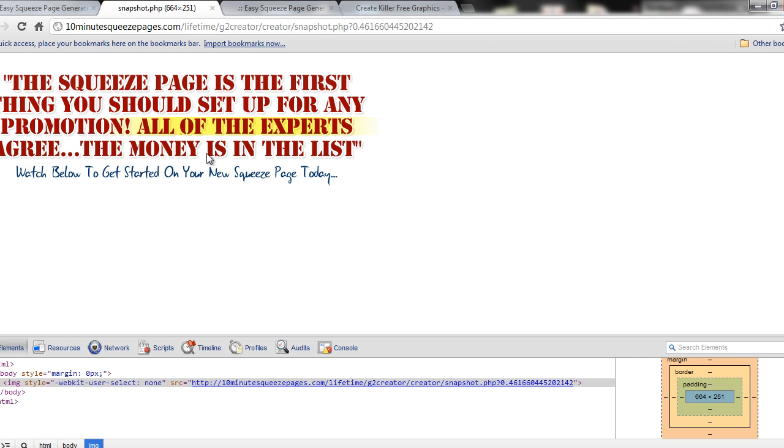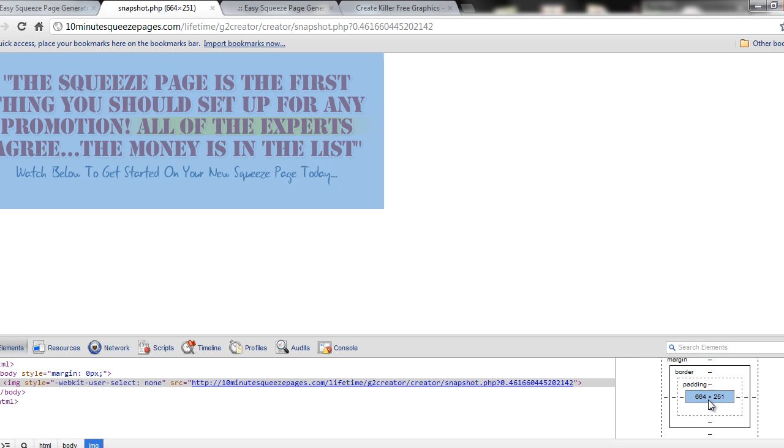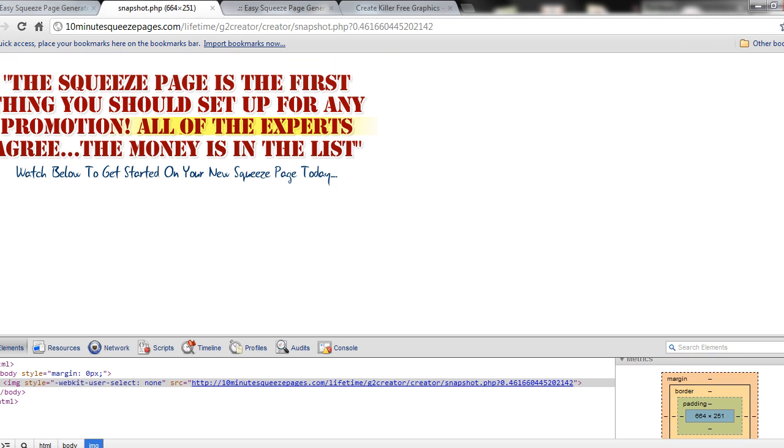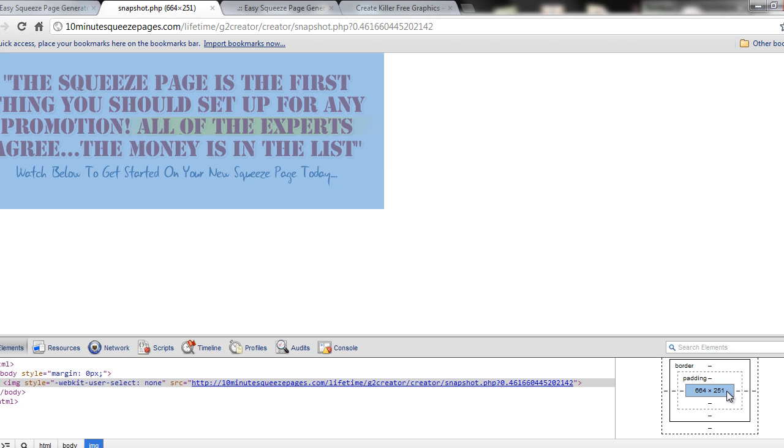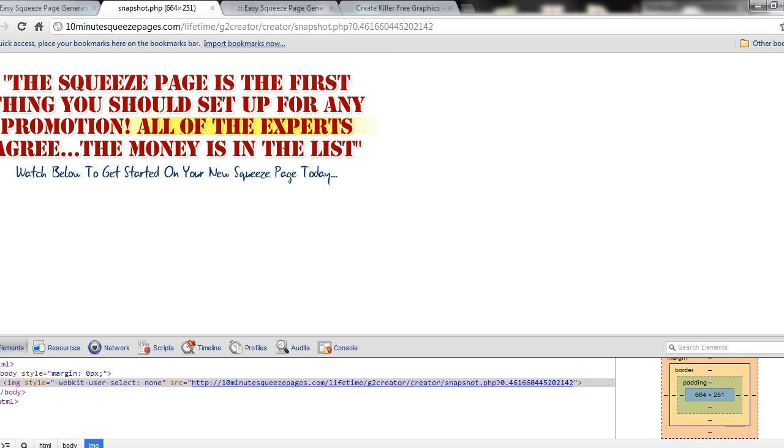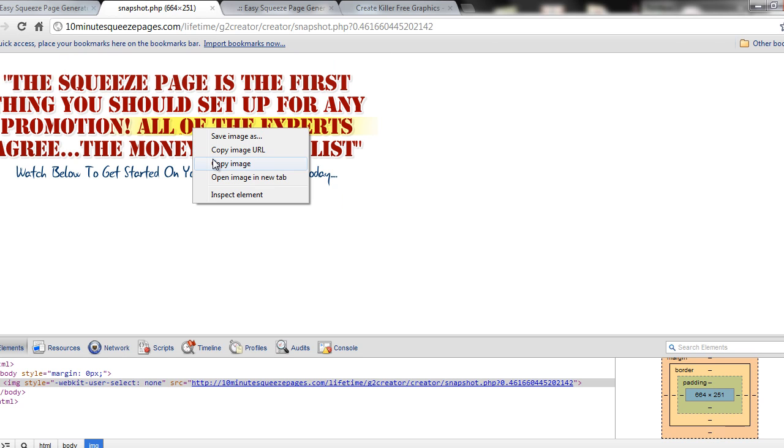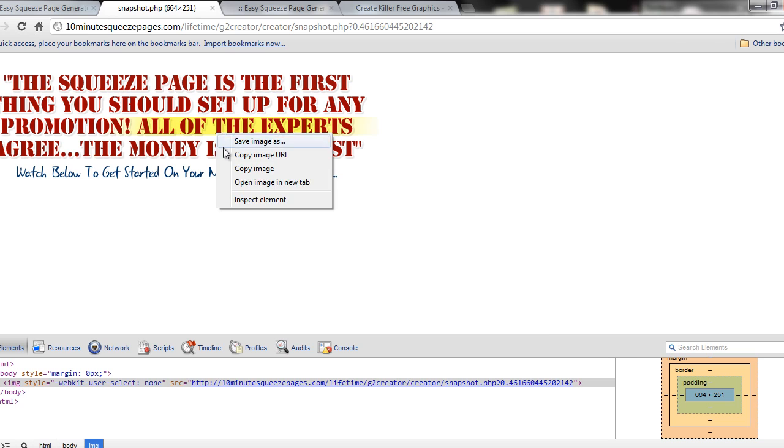Okay, in the last video, as you recall, I went over the different options of what you would see if you right-clicked here, and we chose the option to inspect element. Now again, I'm using the Chrome browser, but you'll notice that as I go through this and choose the metrics tab, I scroll down and I can see the actual size of my image, which in this case is 664 by 251. So what we're going to do is right-click, copy image,